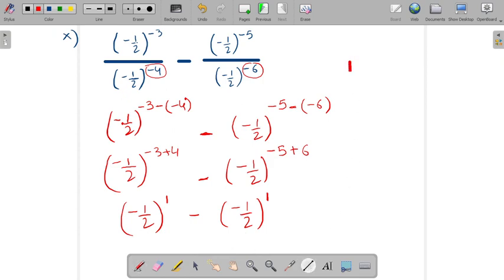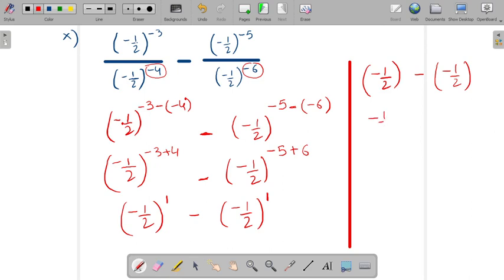Okay. Now in next step, what will be the next step now? The power is 1. So you can leave it. So minus half and again it is minus half. Now minus minus will become plus. So minus and minus will become plus, plus minus half. Sorry. You will write it like this. Half. So one is negative, another is positive. So it will be cancelled out. So cancel it. Then answer will be 0.